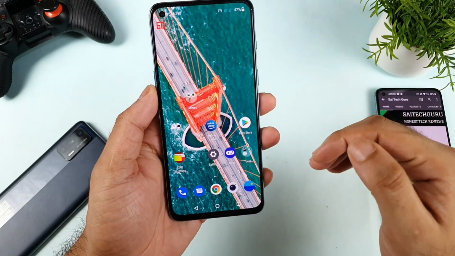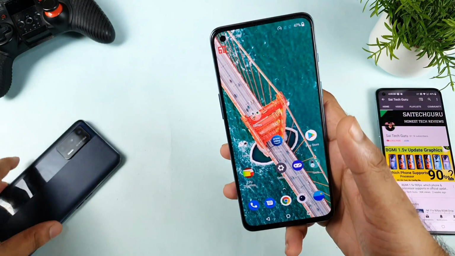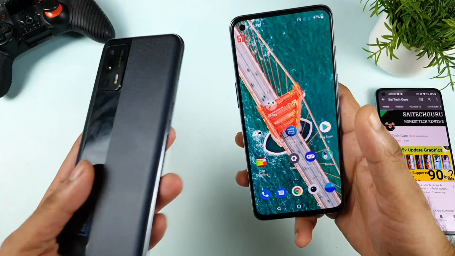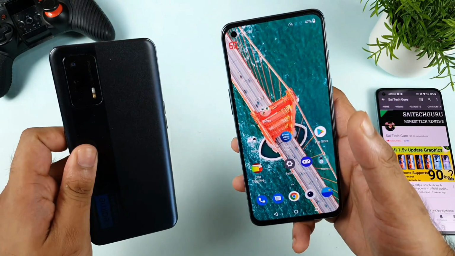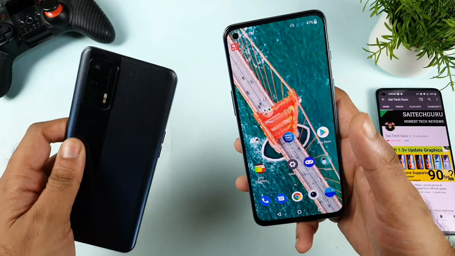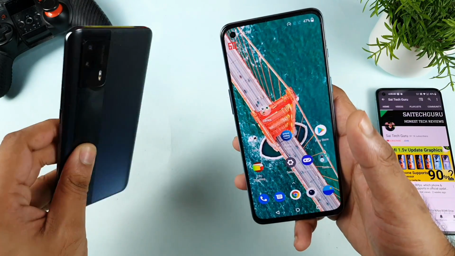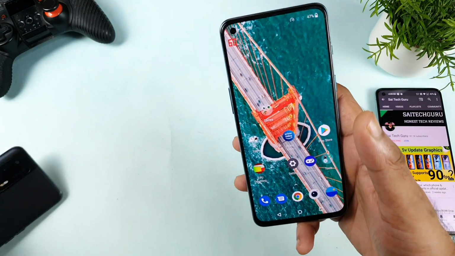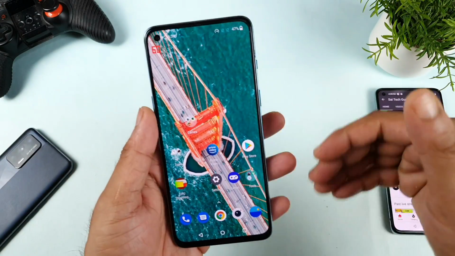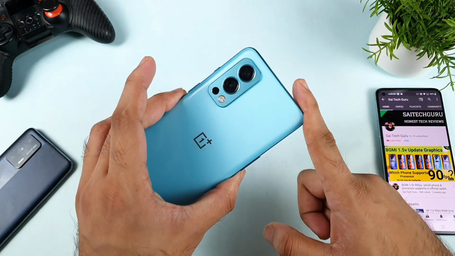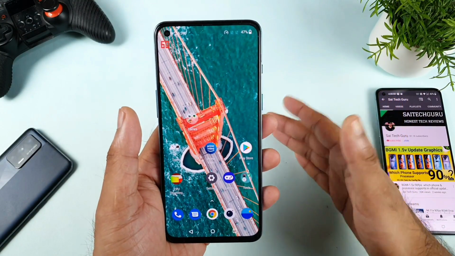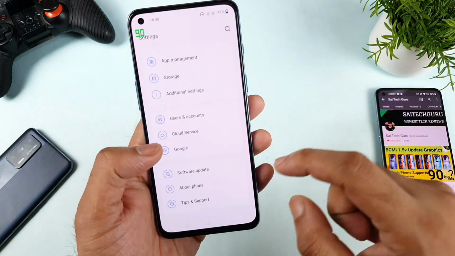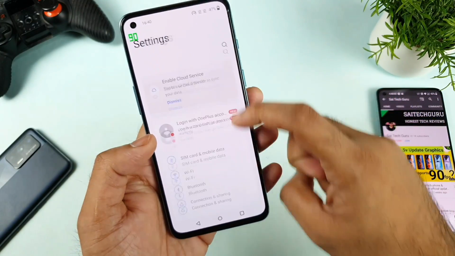The reason why I'm really interested to check is that in the Realme X1 Max, the UI is limited right now to 60 Hz. Only sometimes, if you use different kinds of tricks, you can actually play at 120 Hz, or 90 FPS as well. But still, the UI is kind of limited to 60 Hz in the Realme X1 Max at this moment. Some problem is there with the UI. That is what I thought with the OnePlus Nord 2 device as well, because the OnePlus Nord 2 has got the combination of Oxygen OS and Color OS. So that is the one thing which I did expect. But let's check in this demonstration. We'll get to know all the details.